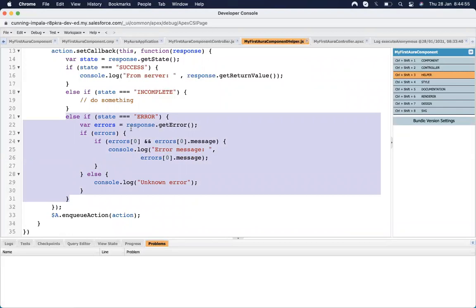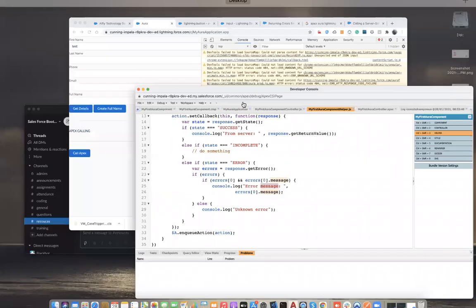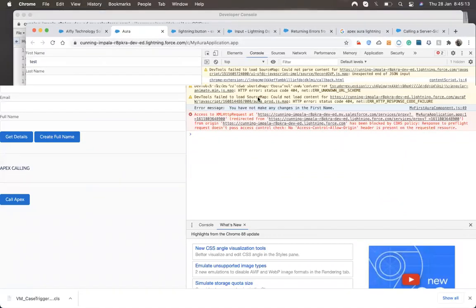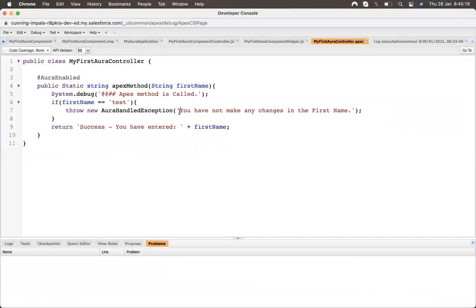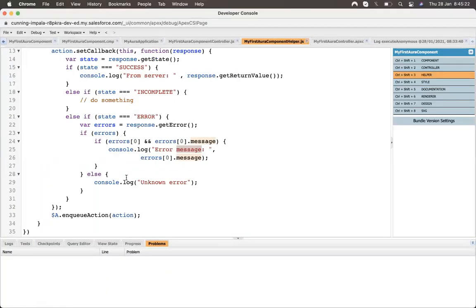Just like that, response.getError will get the errors. We process that error and show it in a console.log message that you have got this error, whatever error message I'm throwing from the Apex. It is captured and shown up here.